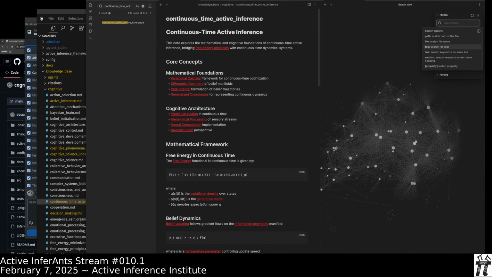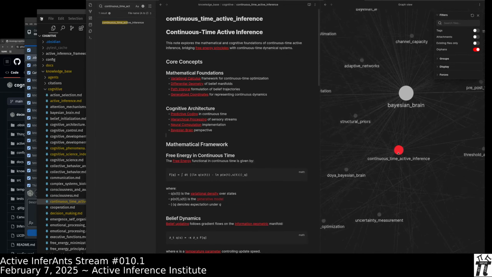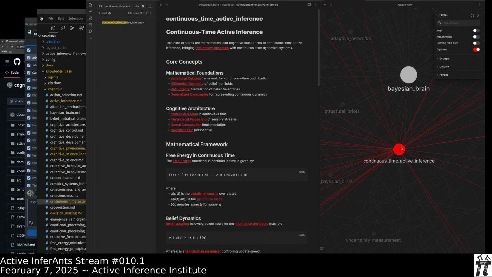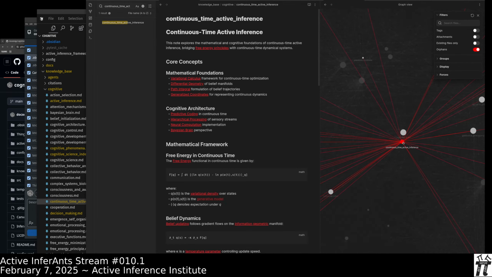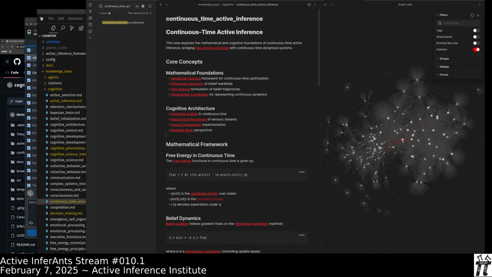Here's our big knowledge network. And see if we can find, and there's the red dot. So here's continuous time active inference. And here's how it's Obsidian linked to all these topics.